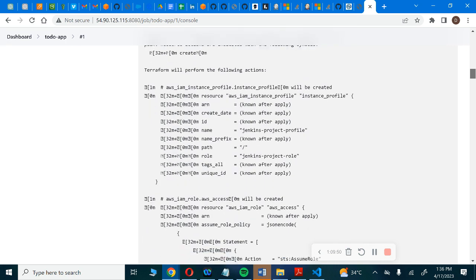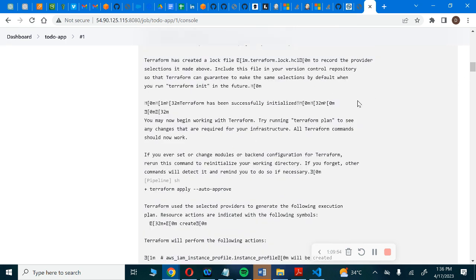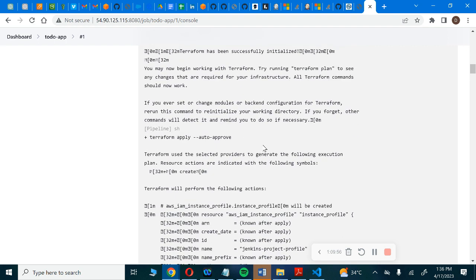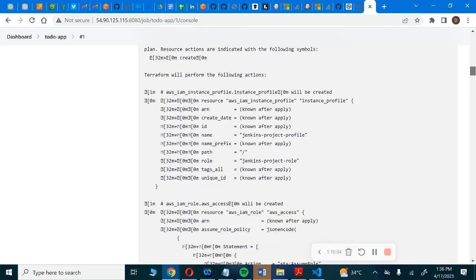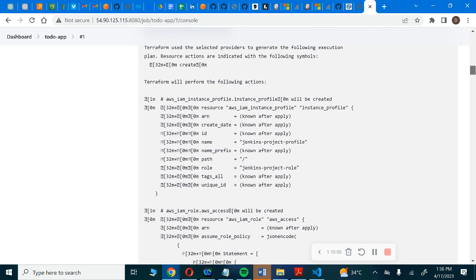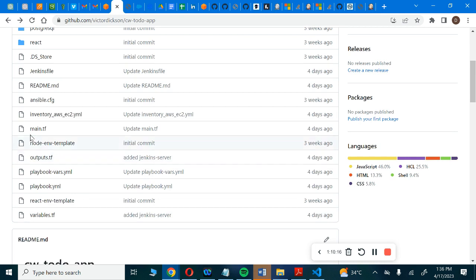And then Terraform apply now begins to run the stuff, right? You can see Terraform apply auto approve. Then it begins to create all those resources that we indicated in the main.tf, right? All the resources we indicated in the main.tf,